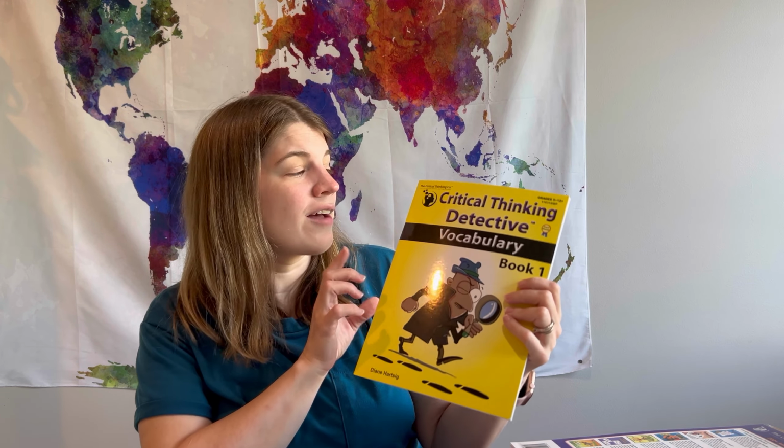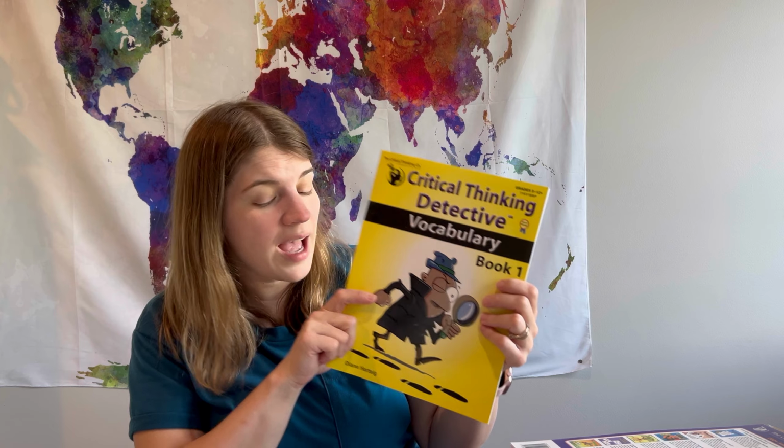I hope that this was helpful to see the 3 different vocabulary options I have for middle school. We have Critical Thinking Detective Vocabulary, and then we have Word Roots and